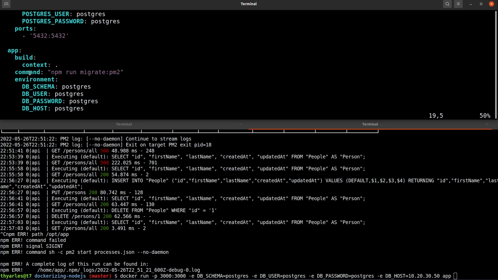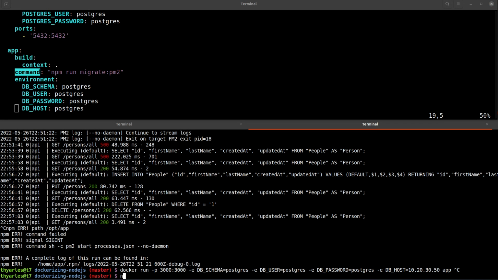And here on command, let me run the default command instead. If you recall, the default command is this one, npm run pm2. This is the default CMD, the default command, something like that on my Dockerfile. I'm not going to put it right here, just to remember. And I can change it here if I don't use an entrypoint. I can change the command. And I don't want to run that command. I want to run this one, migrate pm2, because if you recall